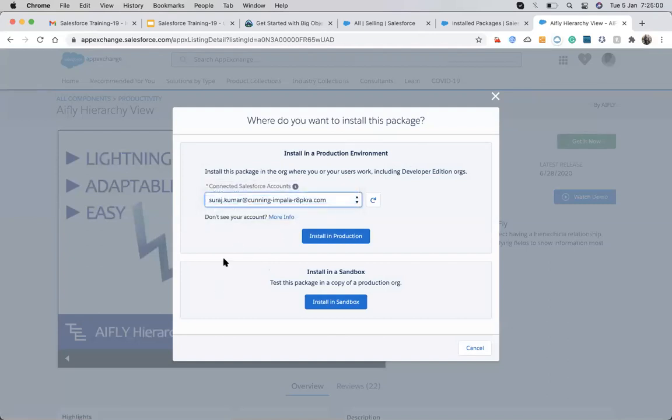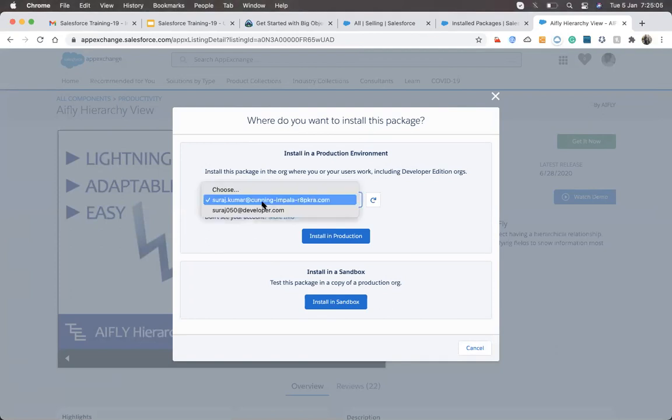It's asking in which org, because my two orgs are related to this, so I'm installing in this one because that one is my developer org and that is my Trello account.